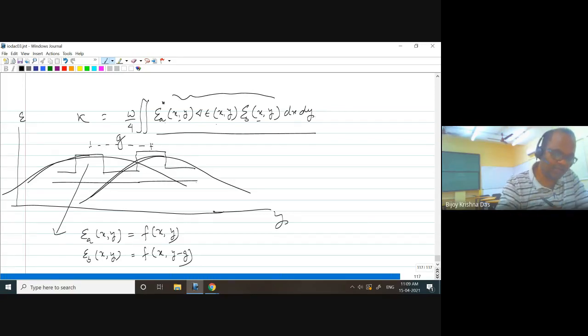So in that case, if I just try to calculate kappa, that means in this waveguide region, it has EA not equal to 0 because some field strength is there. EB also not equal to 0 because it's its own field. And delta epsilon, that is the entire waveguide, is the delta epsilon for the first waveguide.